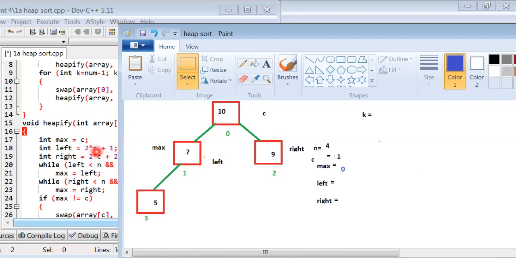And the value of left is 2 into 1 plus 1, 3, left points to 3 and right points to this, not here 4, right here. Right removed here, left less than n and the condition is true.